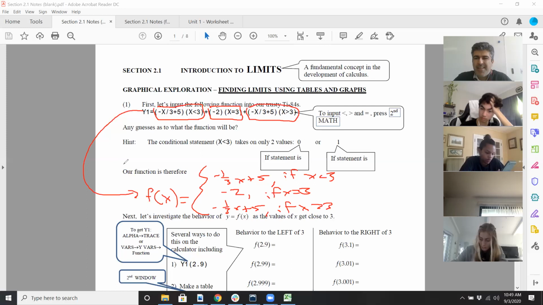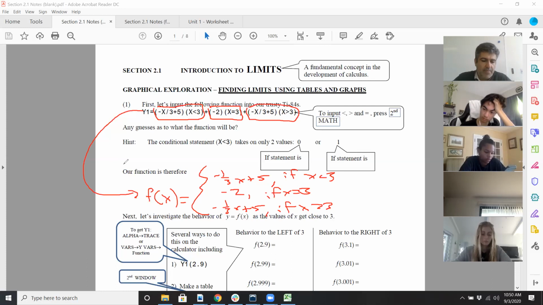So it's kind of a painful process because you have to get the cable and connect your calculator to the computer. But once I do that, that might make things a little easier, so you can actually see all the buttons I'm pressing. But I trust you know where Y equals is, the top left corner, and go ahead and type that in. I'm going to type it in again